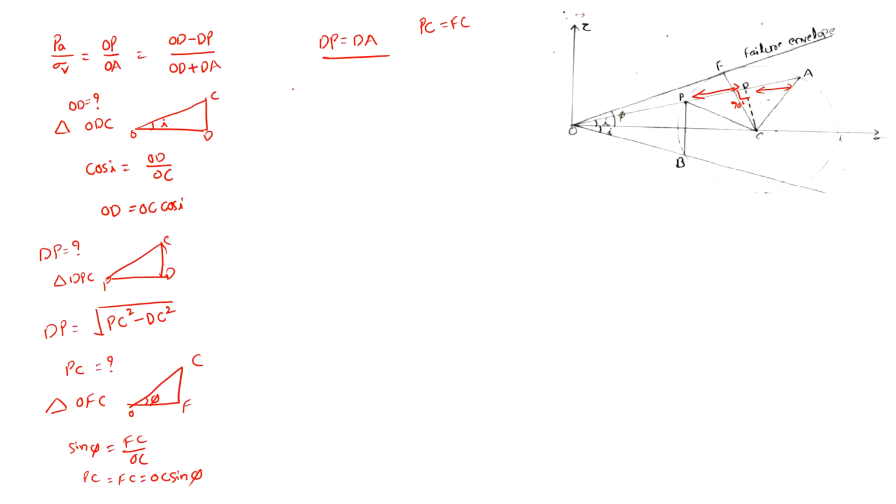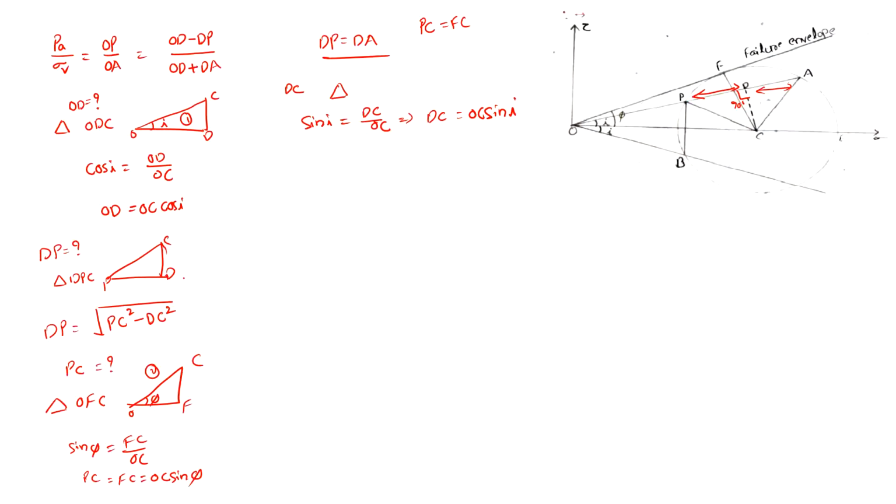Next we have to calculate the DC value. From the triangle, we have to calculate DC. This is the DC value. I'm taking the triangle here. Here is the first triangle, and this is the second triangle. In the first triangle, we can observe that from sine i, we can get DC by OC. So here I can write DC equals OC sine i. Up to now we got all the values.